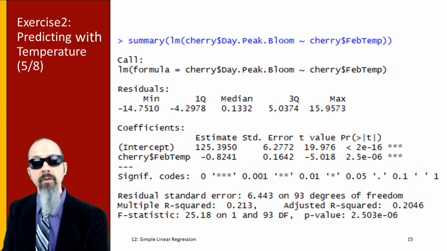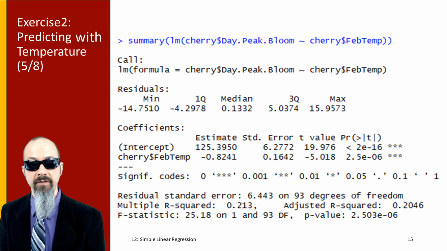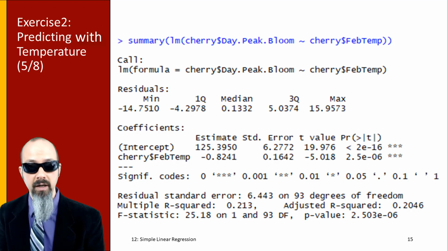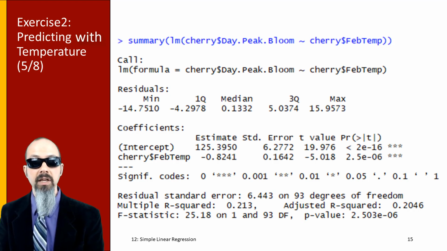So what we're saying is for every additional degree warmer in Fahrenheit in February, the days till peak bloom is going down about 0.8. So you could think, if it helps you to get a whole number, for every additional 10 degrees warmer in Fahrenheit in February, it corresponds to an average decrease of about 0.8 days till peak bloom. And this is explaining about 21.3% of the variation in the model here, looking at the r-squared